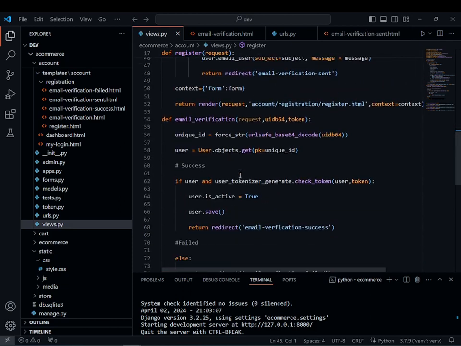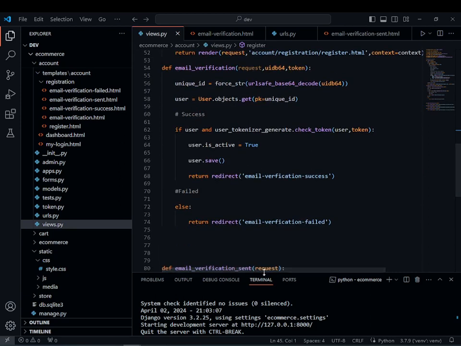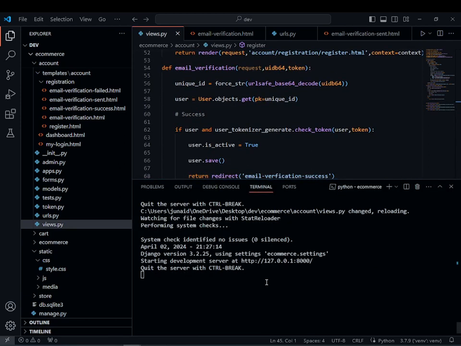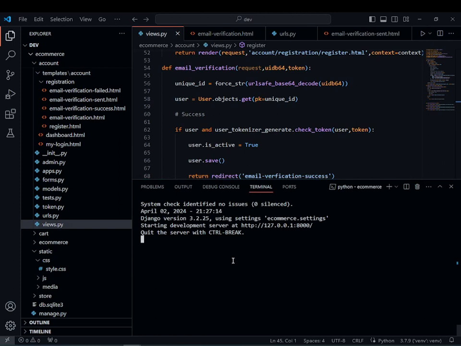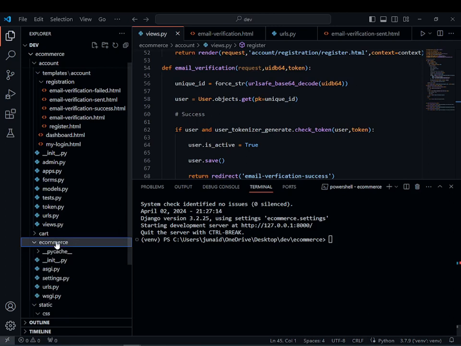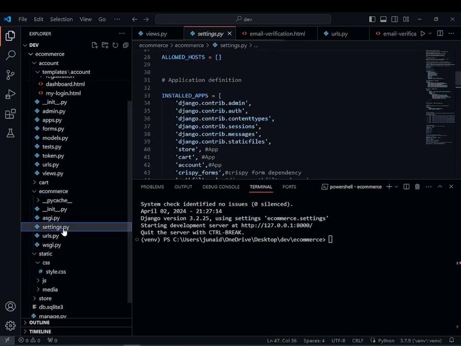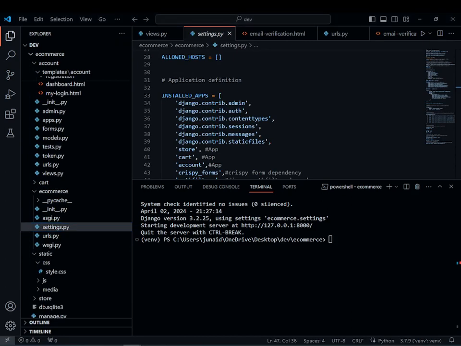So we are going to get the email in our console. So just first close your server and go to the e-commerce,